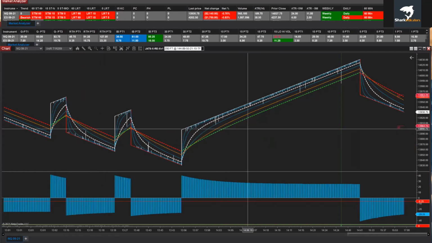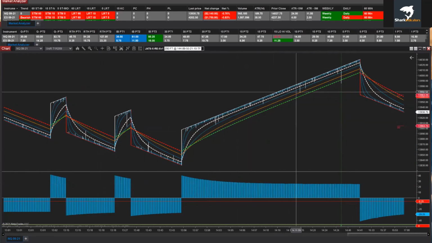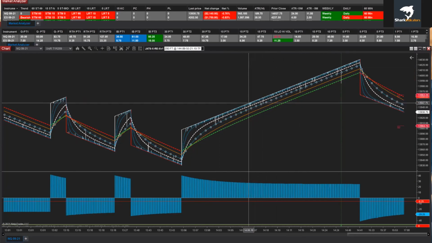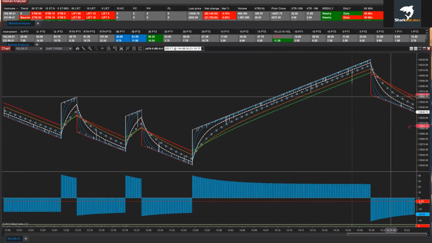When it starts trending, you're going to see it flatten out, and that is an area where you really want to think that these pullbacks to some of these averages would be a good opportune time to get involved, especially